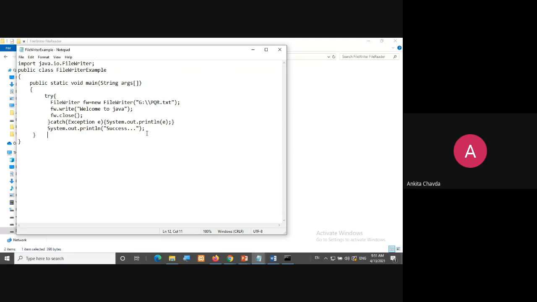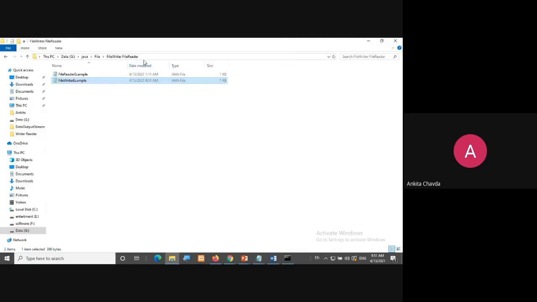Here in Java, file handling is very easy due to the different classes.